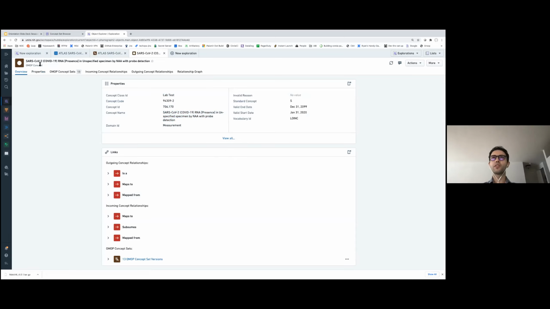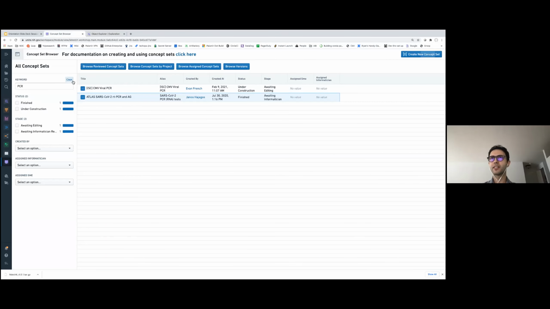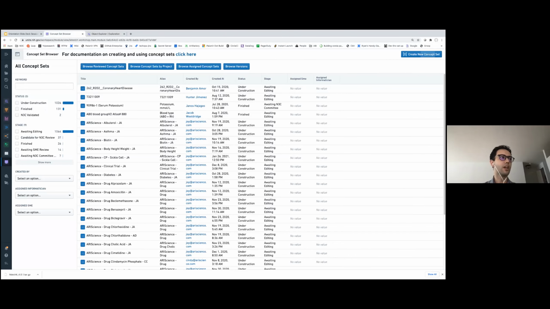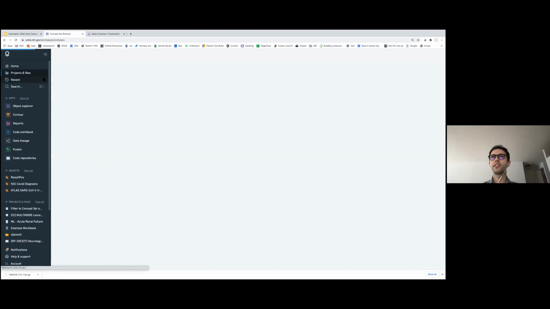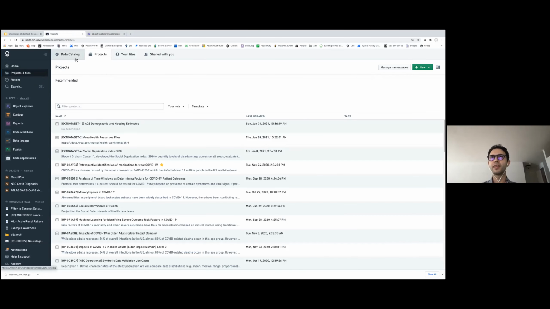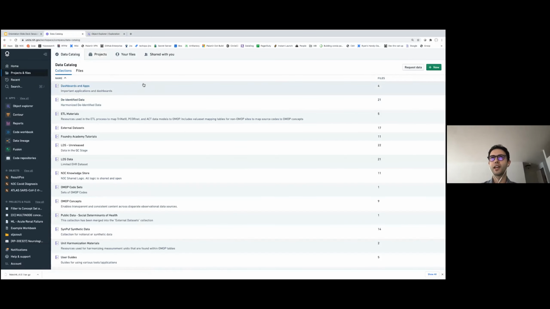So now that we've seen how to explore existing concept sets from this concept sets browser, the question is, how do we use this in practice? How do we use this in conjunction with my domain tables to filter down to the records I need? And for that, let's go to the data set that is back in this view. And that one is also on the data catalog. So most of the data sets that you need are in the data catalog.